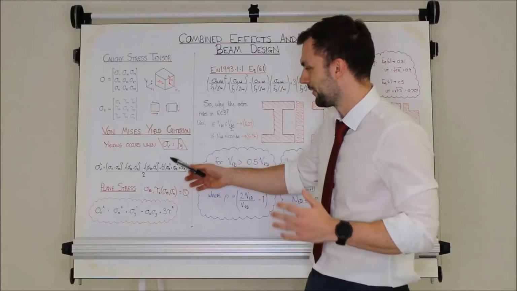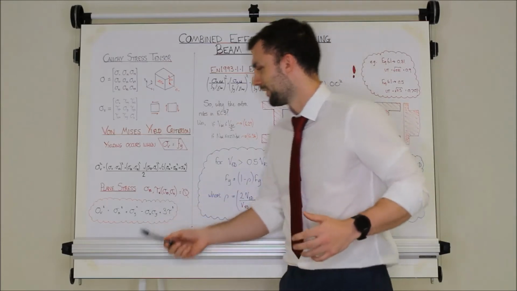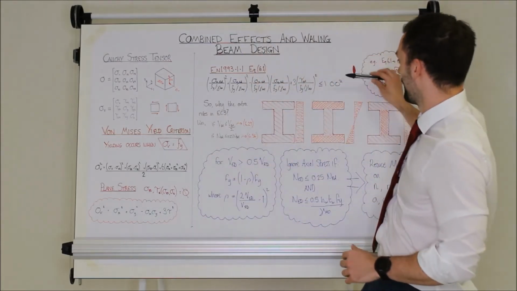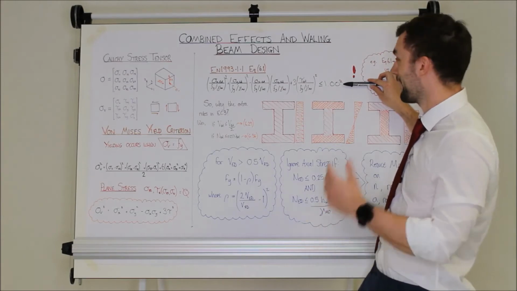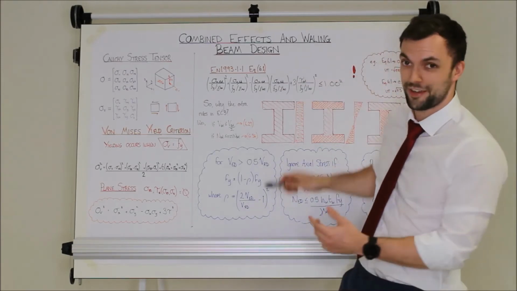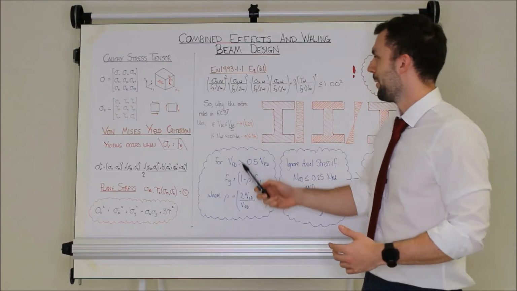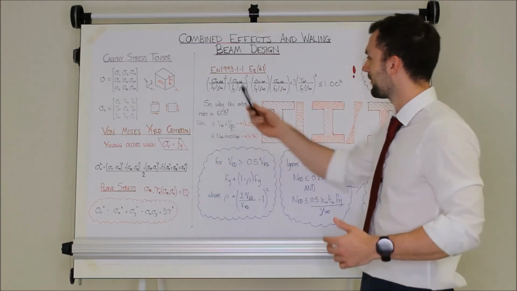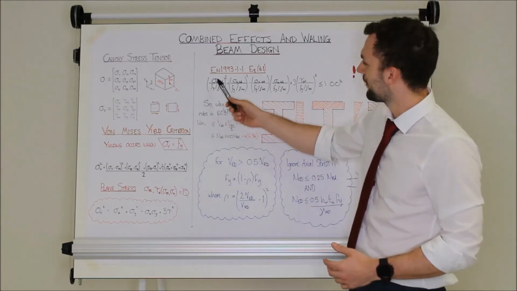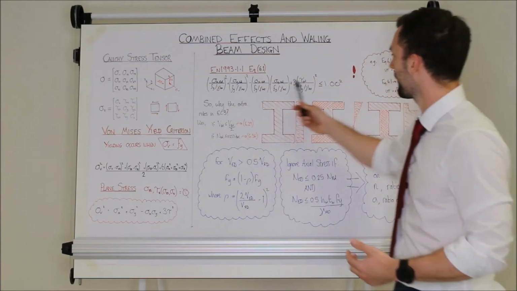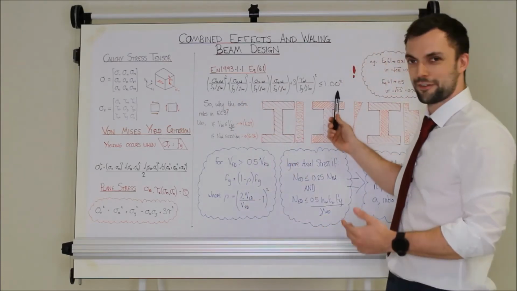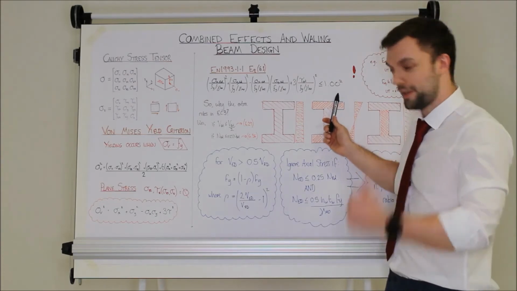I'm not going to go into it too deeply, but what you can actually get is if you read the Eurocode, there's a very similar equation. It's the very first equation that you have at the start of the Eurocode section 6 in Eurocode 3. Instead of doing the square of all of these different stresses, it takes the utilisation in each of these stress directions, and then it compares that, and as long as that utilisation overall is less than 1, then you haven't